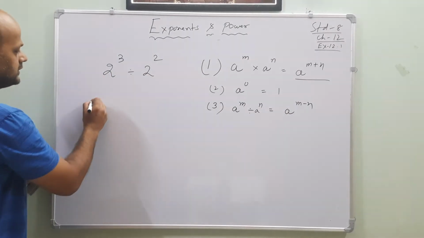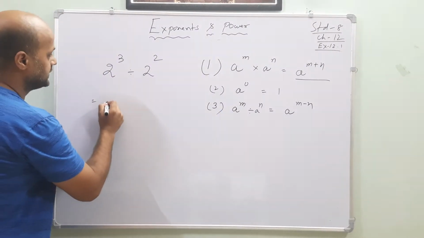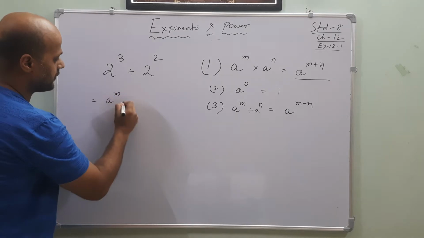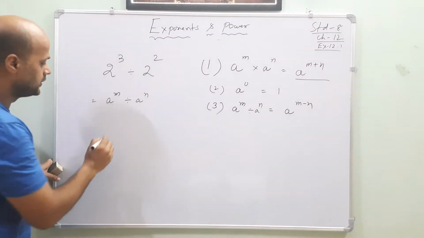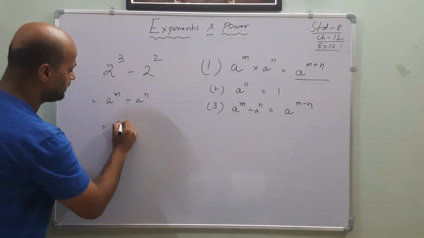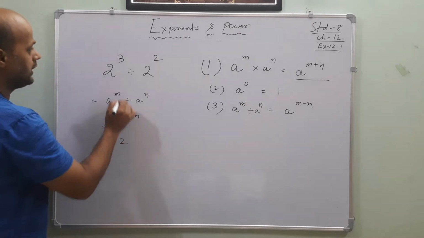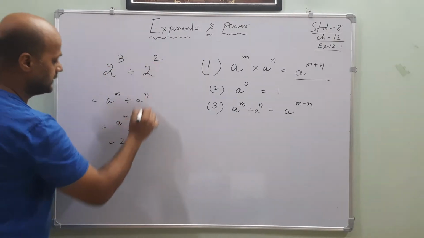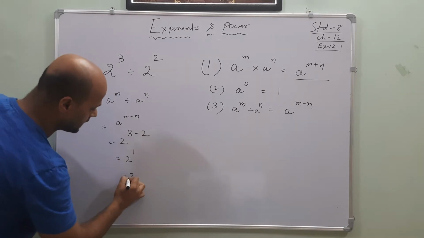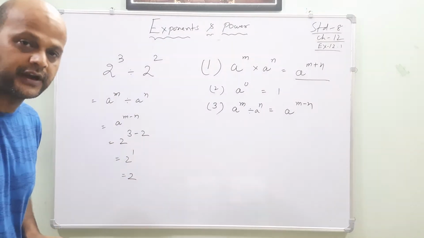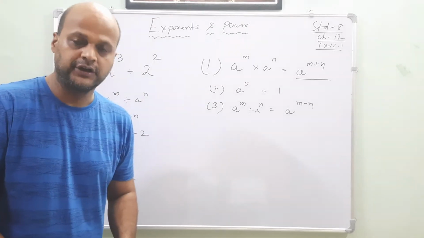Now replace here. What is the symbol? Tell me, my dear friends. In the case of a to the power of m divided by a to the power of n, in both cases the base is the same. So what is the formula? A to the power of m minus n. Now what is the value of a? It is 2, m is 3, n is 2, so 2 to the power of 3 minus 2. 2 to the power of 1 is equal to that number only. Understood, my dear friends? This is the simple funda of exponents and powers. Understood? Okay.